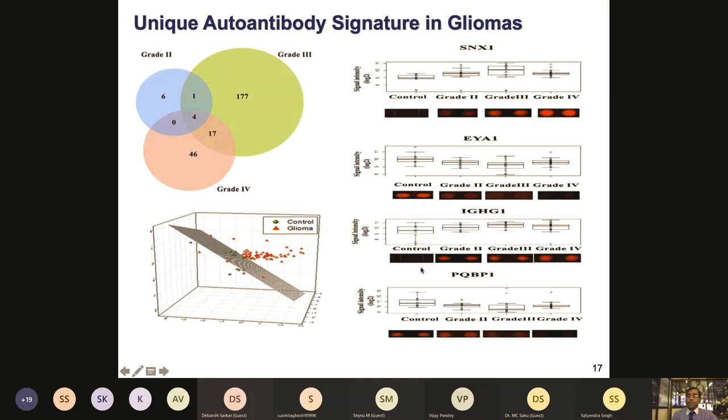So some of these proteins can be very interesting early detection markers. Think about it: there are too many proteins which we found, and we are talking about 40,000 or so features to screen. From there, after narrowing down grade wise, we get these many, and only 4 showed a common response, showing the linear increase or decrease.